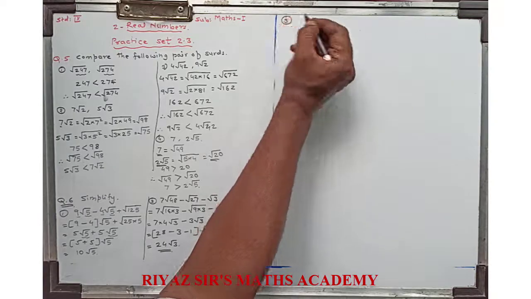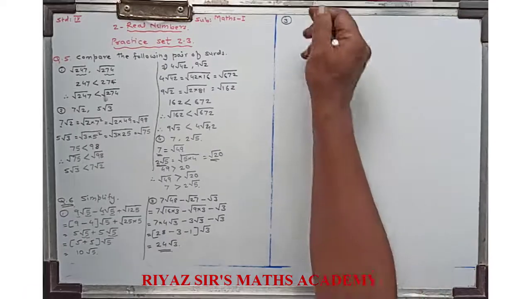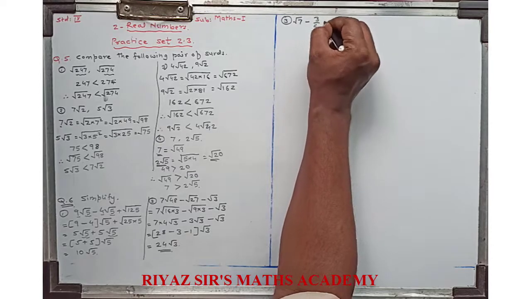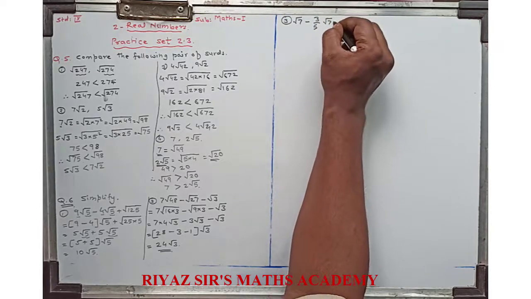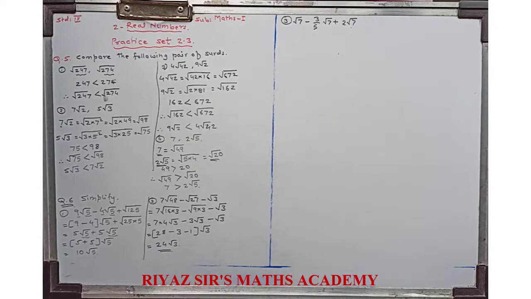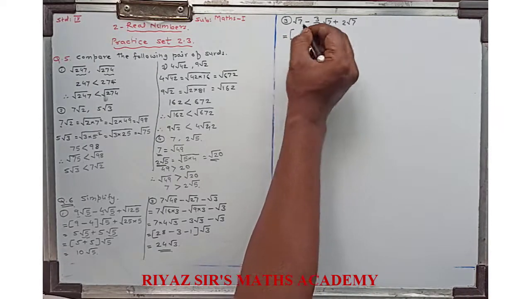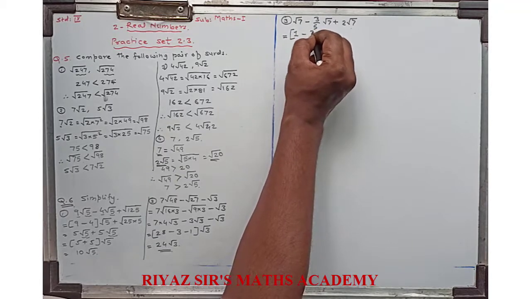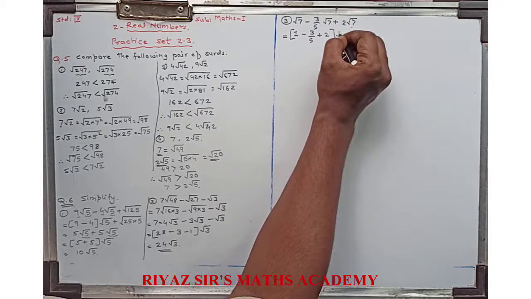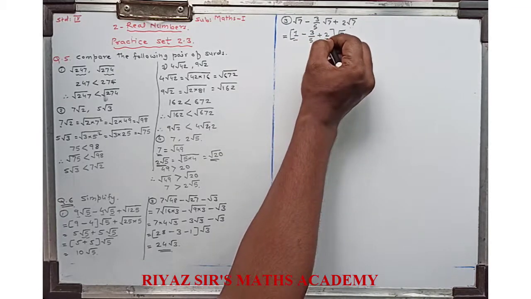Now come to the third one. The third example is like this. It is root 7 minus 3 upon 5 root 7 plus 2 root 7. If you observe all the three surds, then they are like surds. Okay, so we can take root 7 directly common. So from the first term only 1 is left, minus from the second term there is 3 upon 5, plus 2, right, into root 7. So here there is this 1 plus 2, we can easily add them.